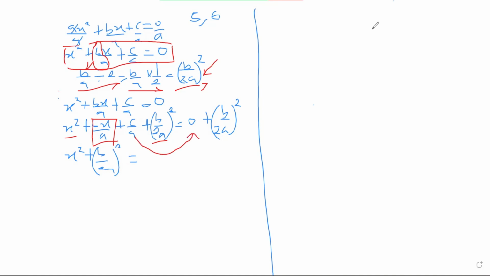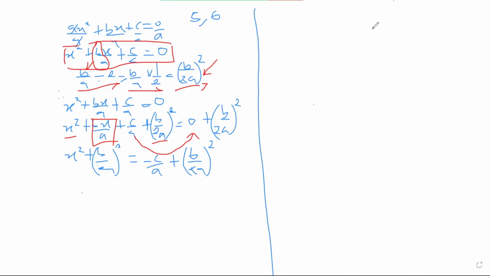If you move it, that means we are going to have minus c over a plus, we don't need a 0. If you had minus c over a plus 0, it will still give you minus c over a. So instead of the repetition, let us just move on. So we can have b over 2a, then everything